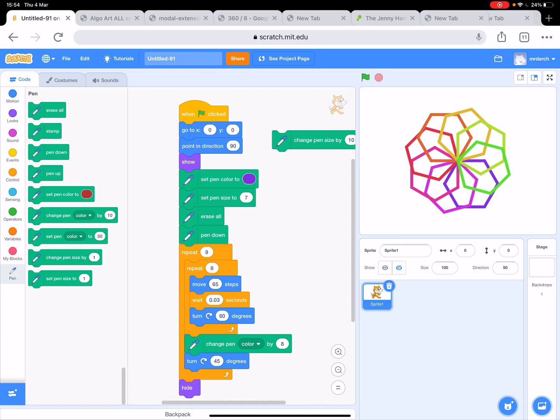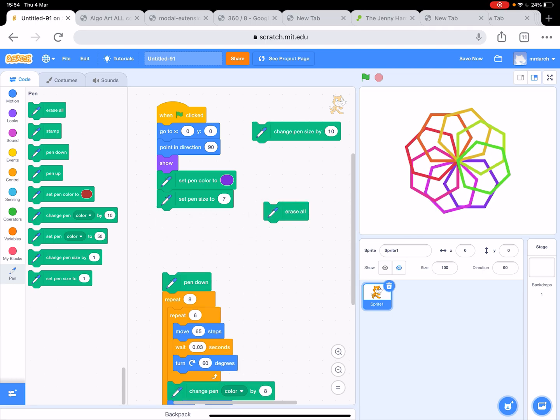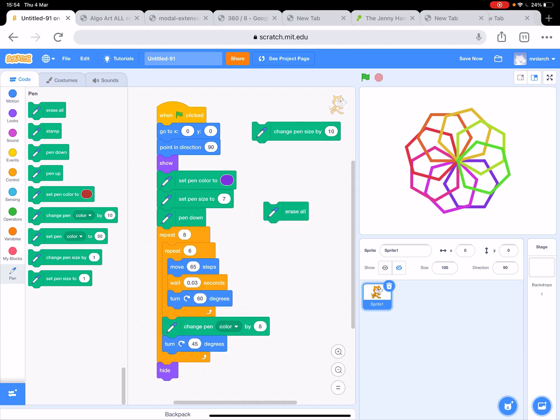Now, the last thing we'll look at this week is not erasing our page after every time we run the code. So let's see, what do we mean by that? We've got this block here, erase all. Now I'm going to take,